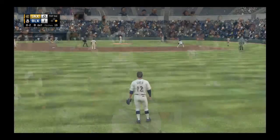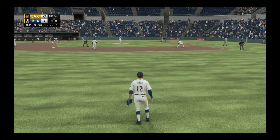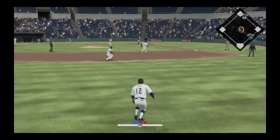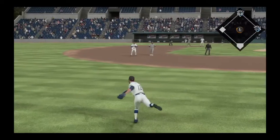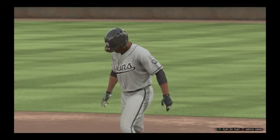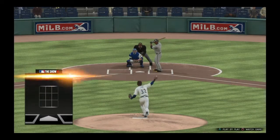Ray Lucero will stand in, getting the start here despite being out of the lineup last night. On the ground to the left side, and that finds its way through for a base hit. And the funny thing about this at-bat, he does everything wrong on this swing. I mean, first off...